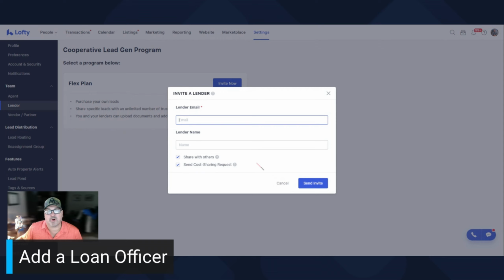If you run a team or a brokerage, and if you want to share the loan officer with the rest of your team, you check that. I don't have a team, so I'm just leaving mine checked. And then if you want to help them co-share costs, you can do that. But if you want to split some costs, do it that way because when they get the invite,